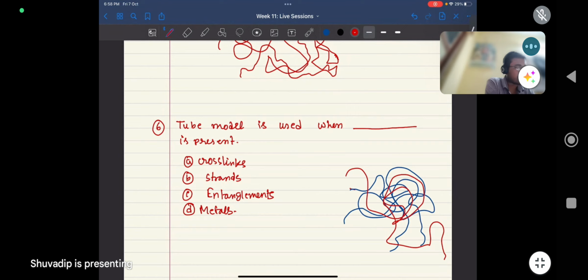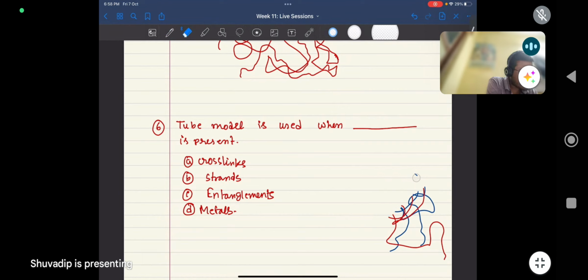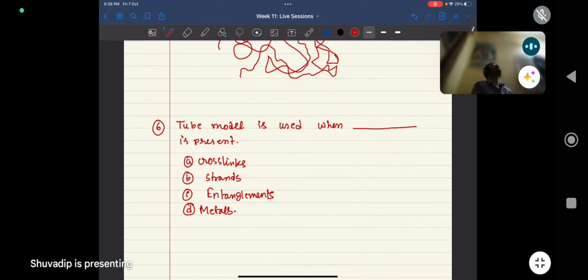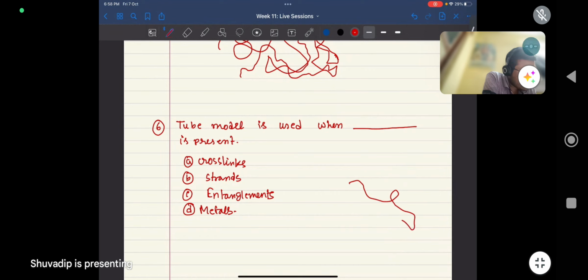In all the earlier cases, when we studied random walk, freely rotating chain, self-avoiding walk, or Rouse model, we haven't considered this entanglement, but here, as we want to study the polymer dynamics, this entanglement is important. So suppose we want to study the dynamics of this blue chain, then in the tube model we consider